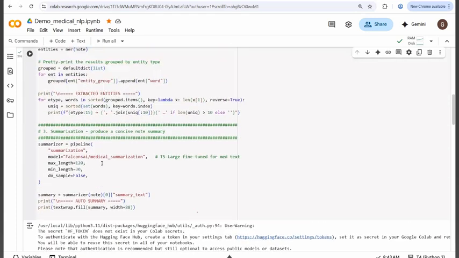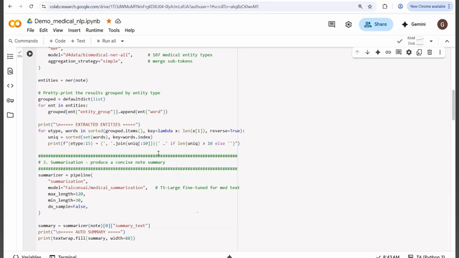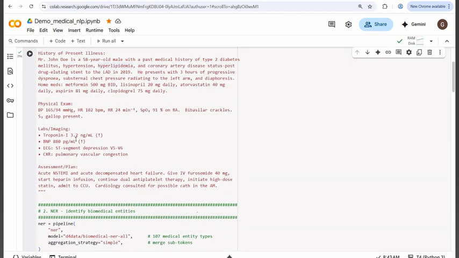This is the first part. The next one is summarization. Here again, what we are doing is, instead of going through this long text, let's give